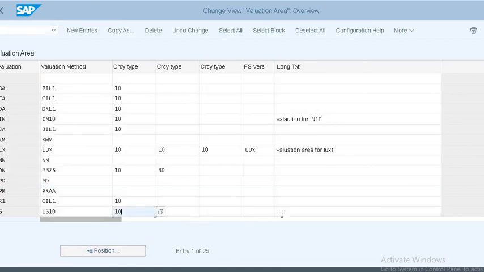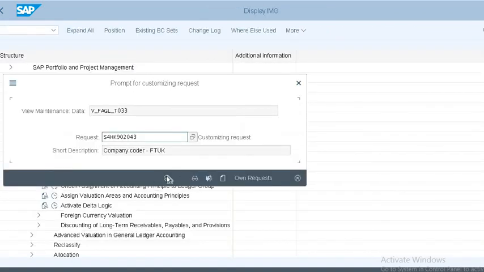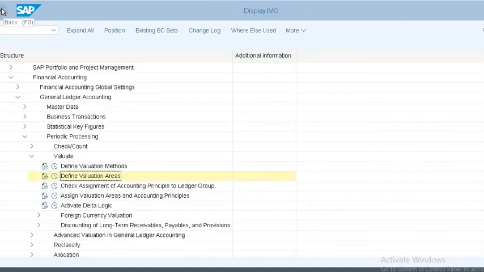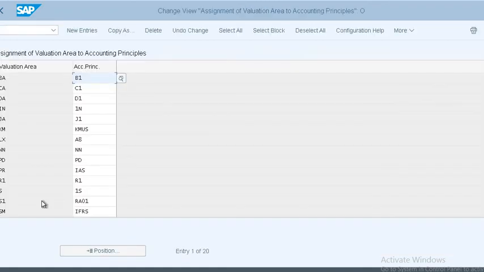This is our valuation area, valuation for this. Okay. Now we have defined this configuration as an evaluation accounting principle. This we also did, right?